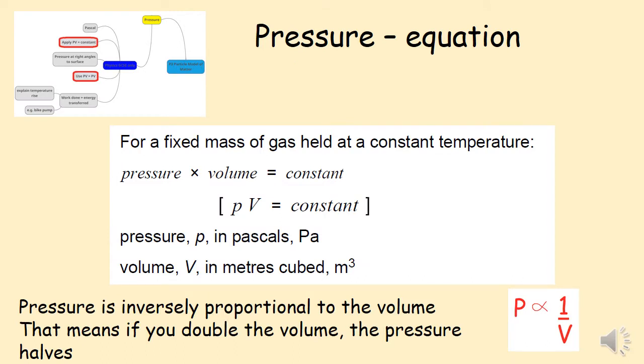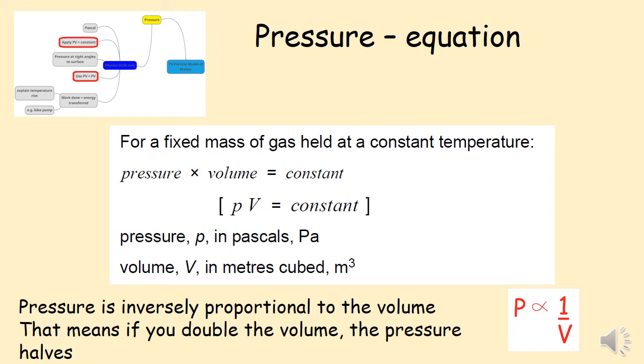So in the demonstration there, you just saw that if we halved the volume, then the pressure doubles. So halving one doubles the other. And that then leads us to this important equation here, that the pressure times the volume always gives us a constant number. So in order to keep that constant number, if we double one, then the other one has to halve to